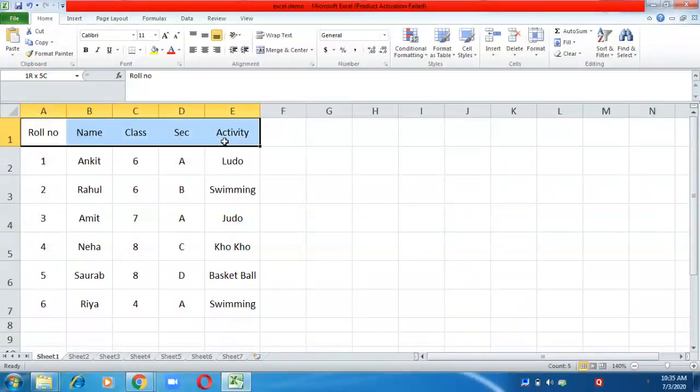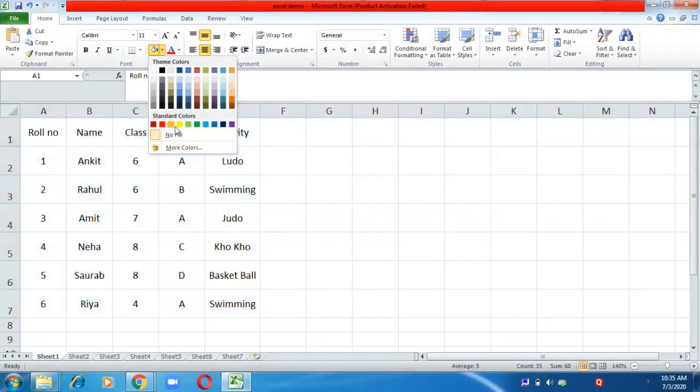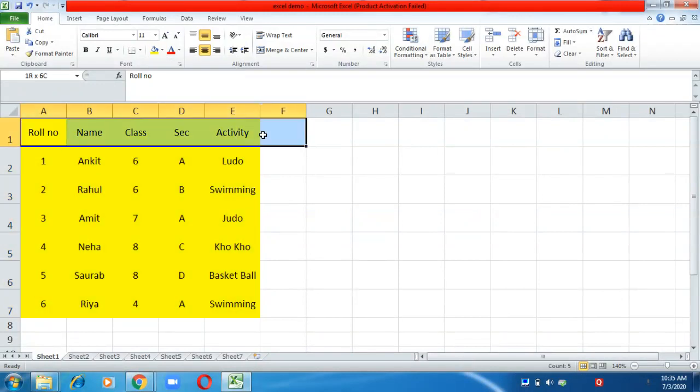Now I want to give different colors to my heading. So suppose I want my whole table first of all should appear with yellow background color. So this is fill color, that is, you can say the background color. And the heading should appear with red color. The text color should be red. It should be bold.